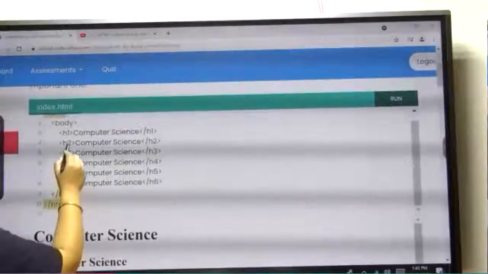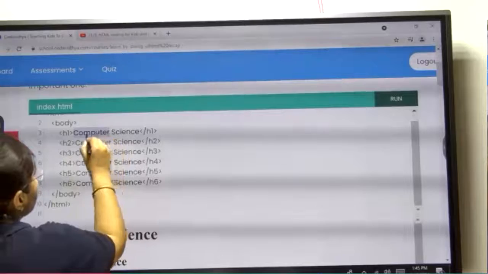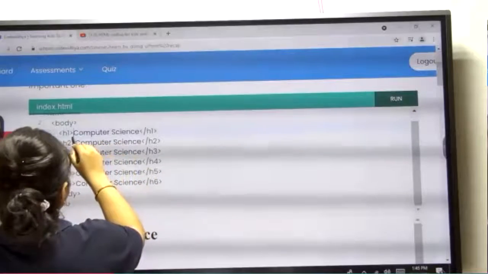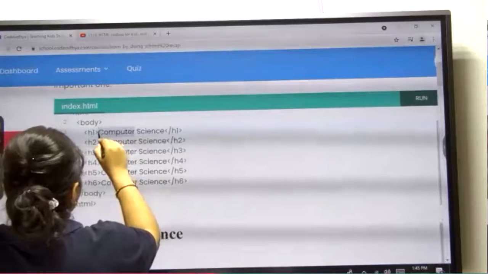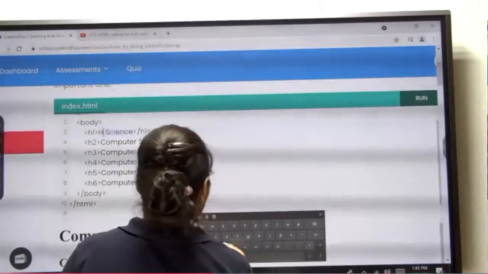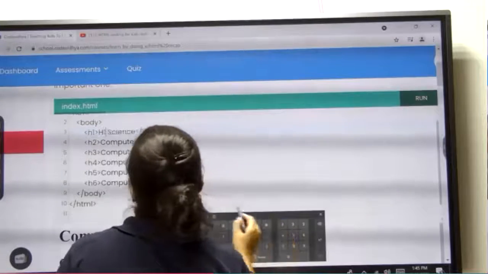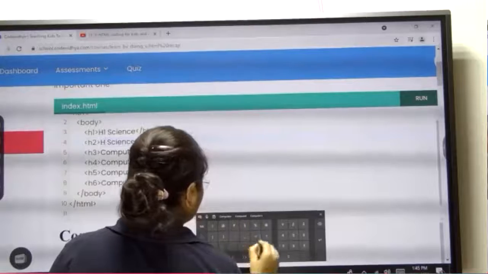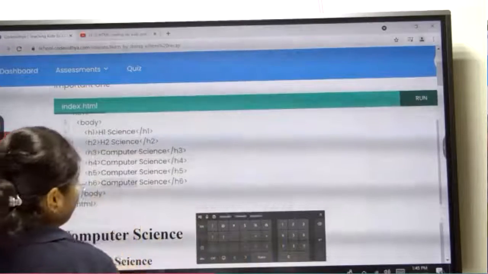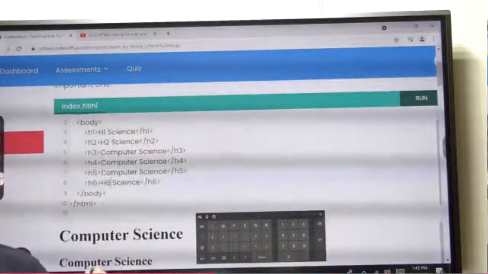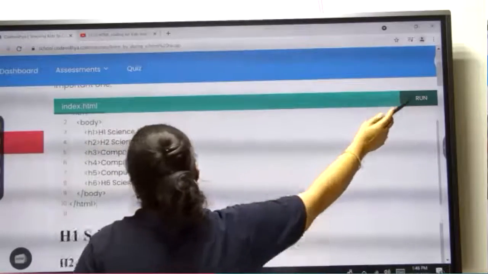अगर आप इसको क्रॉस चेक करना चाहो तो यहाँ पे आप लिख के दे सकते हो कुछ भी चेंज. So here I will write H1. Here I will write H2 and here I will write H6. तो आपको पता चलेगा कि कौन सा टैग क्या है. ठीक है, now we will run it again.